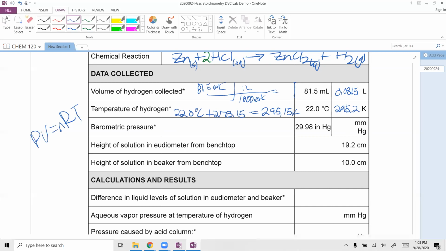Barometric pressure. We have 29.98 inches of mercury. Well, we want to get that into millimeters of mercury. Now we know that 1 inch is 2.54 centimeters, and 10 millimeters is equal to 1 centimeter. So we can take our